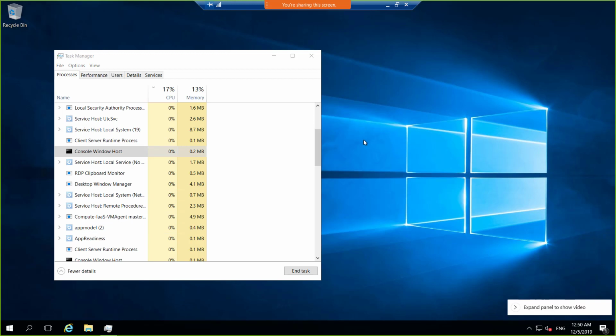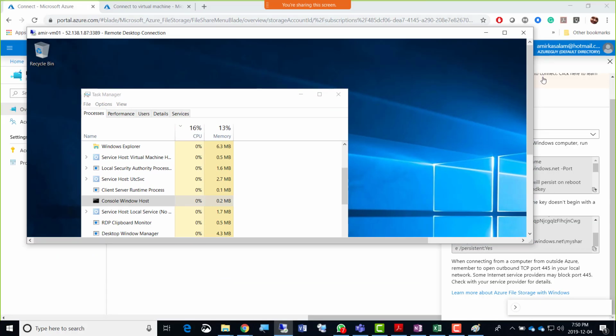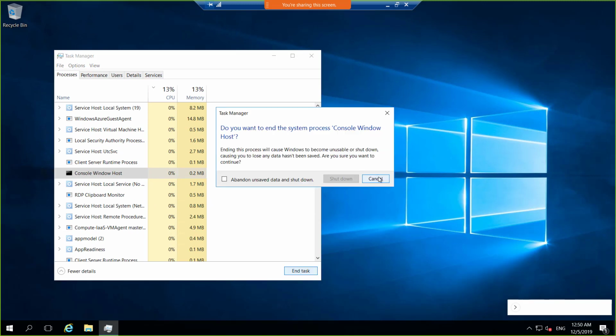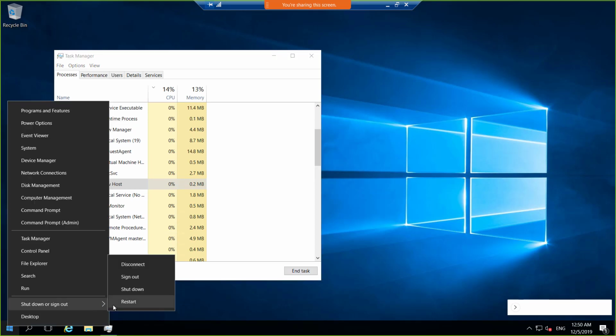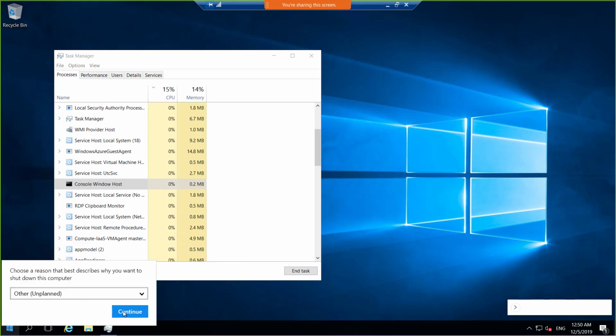When we were doing our class lab, it was not that slow. So it also detected that I'm doing this lab for you. So it's saying, hey, let's slow down. Let's not have this guy abandon unsaved data and shut down. Wow. Okay, you know what? I'm going to restart this machine, guys, because after a restart normally it does pick up speed.